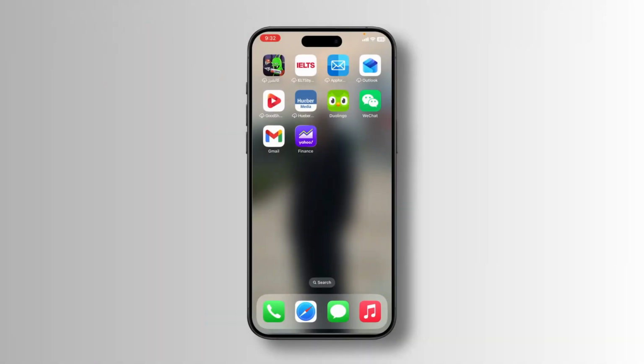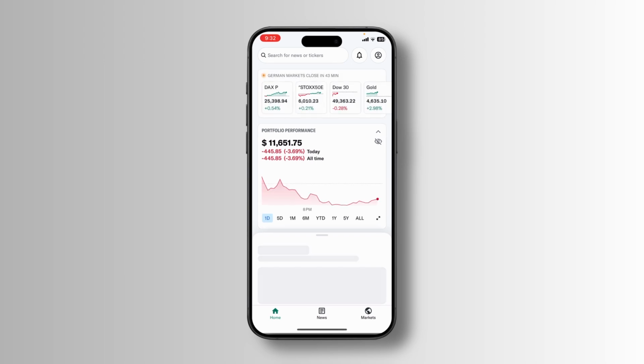In today's video, I'll show you how to edit your portfolio on the Yahoo Finance app so you can update shares, loads and transactions accurately. Let's get started. First, open the Yahoo Finance app on your phone and make sure that you are signed in